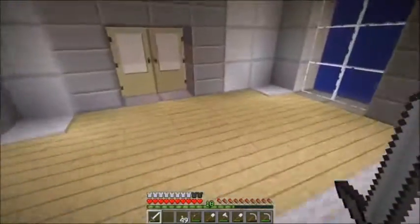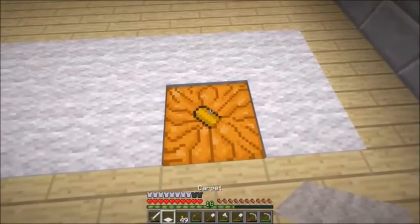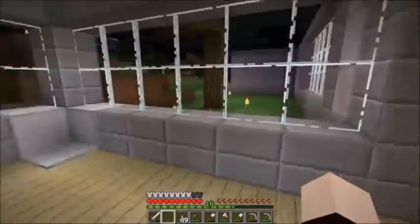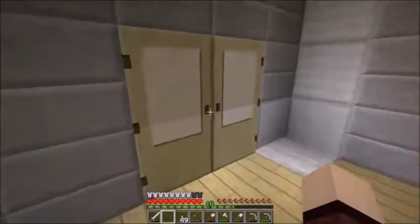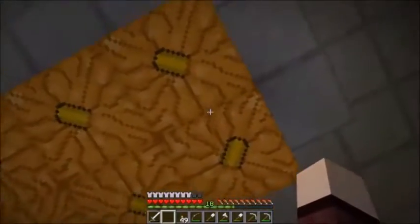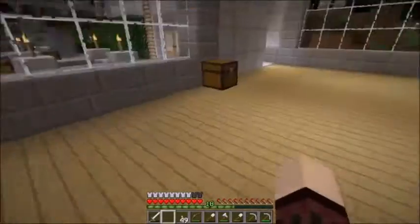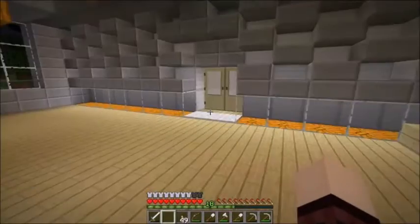So this is going to be the reception room, and it's got a bit of carpet down at the moment. That's covering up lighting over here and in the corners as well. Lighting, of course, being provided by the renewable jack-o'-lanterns. In here, we're going to have a dining room. And again, jack-o'-lanterns, renewable, safe, energy source. Providing light, and then a little underfloor lighting here. There's a painting with some light behind it as well. Not that I'm paranoid about mob spawn in my dining room or anything. And then through here